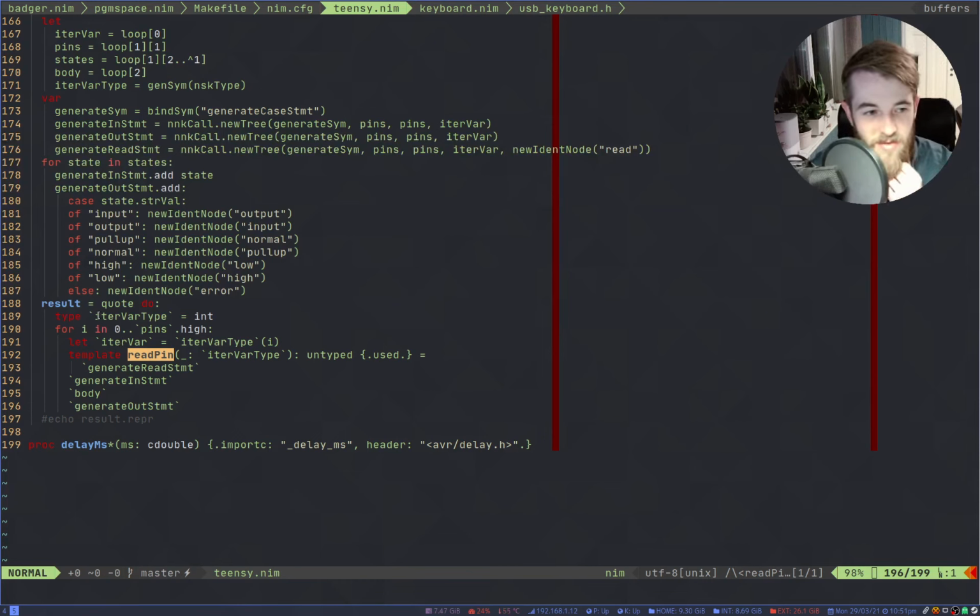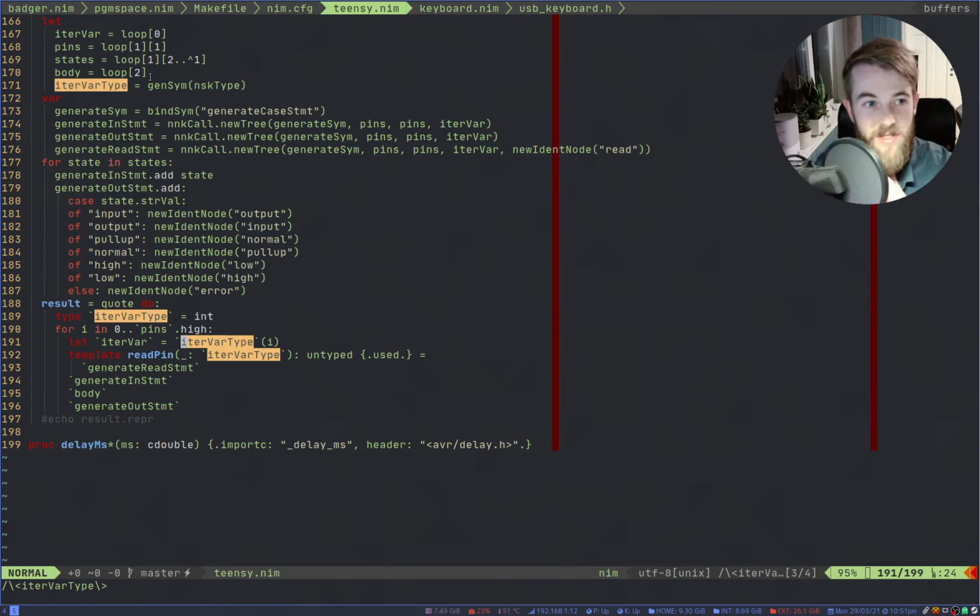I have created a type, which is iter var type, and I have just given it a random type, in this case an int,